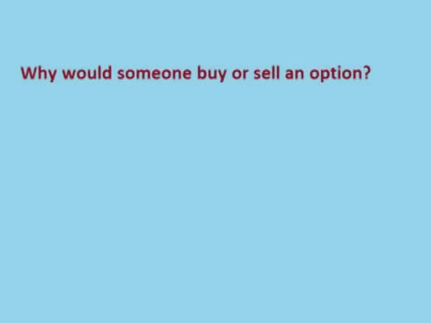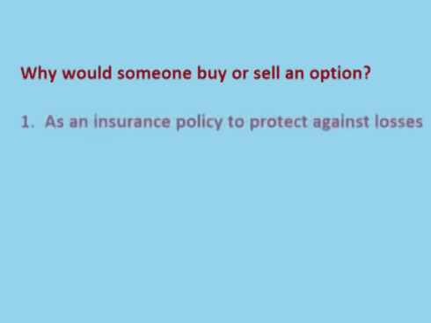So why would someone buy or sell an option? What is their purpose and what are they used for? Options have many uses, and they are actually one of the most diversified trading instruments out there. However, there are three main uses. The first is that one can use an option as an insurance policy to limit losses on a trade to a preset amount. For instance, if a stock is $10 a share, a trader can lock in a sell price for a fee and not have to worry if the price of the stock drops in price. No matter how low the stock goes in price, the option holder has locked in the right to sell his stock for a preset price.